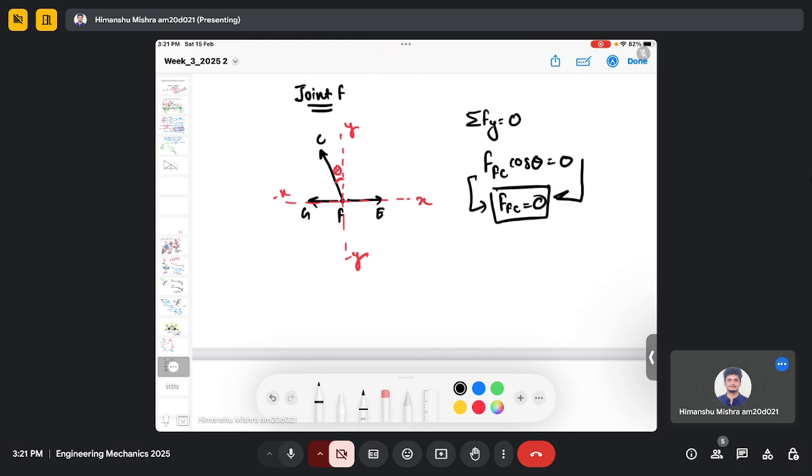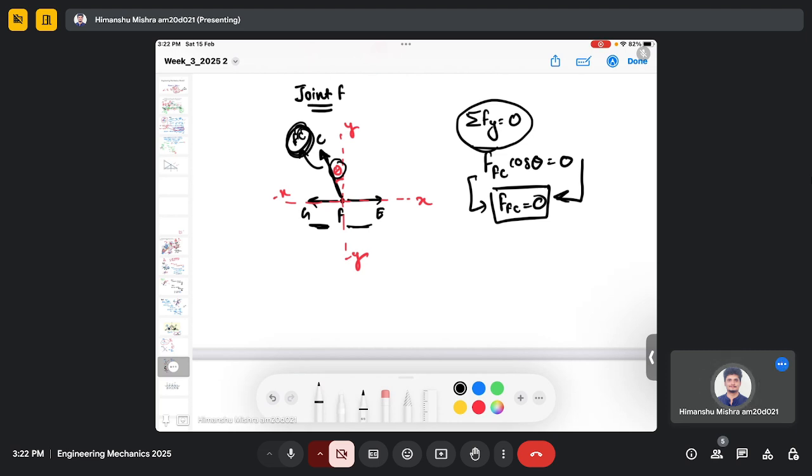because there is only one component of force which is actually acting in the y direction, and that is in this member FC. No other force can be found along the y-axis. In the x-axis you can find the forces FG and FE, but along the y-axis only force FC is there, and that should be equal to 0 as per equilibrium conditions. So you can see this is a similar system, even though this FC is not normal to FG and FE, but still if it is aligned with some angle theta, it's a similar system, and you can predict zero force